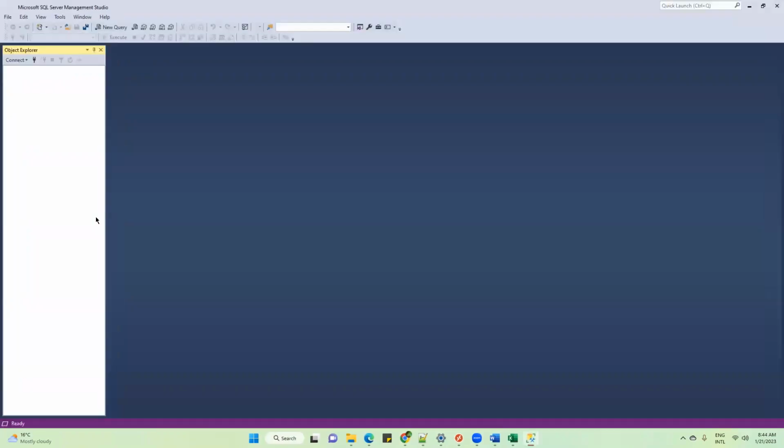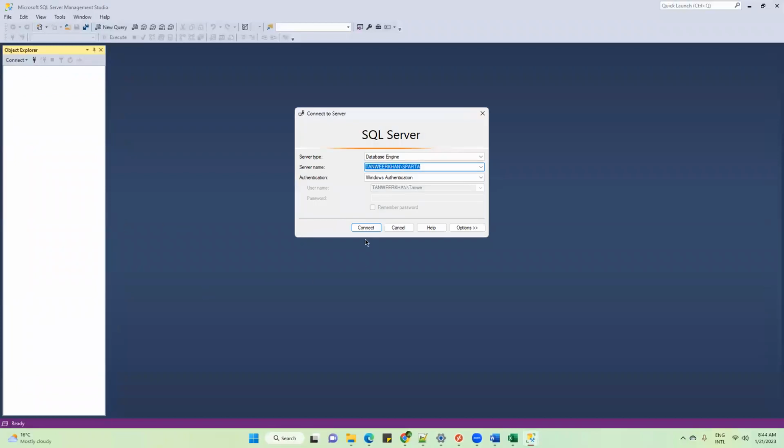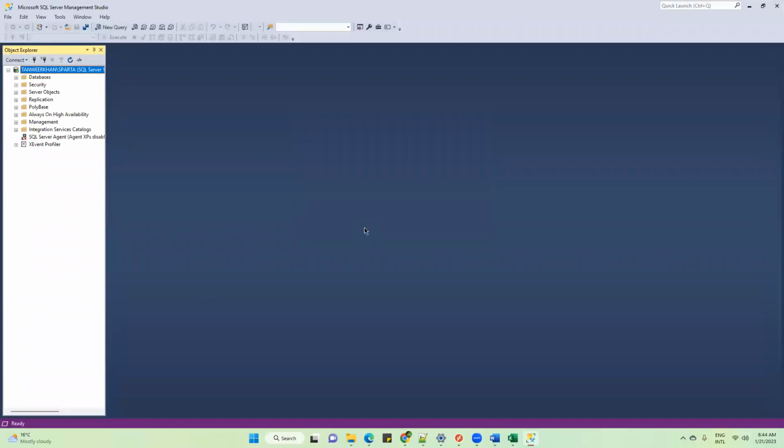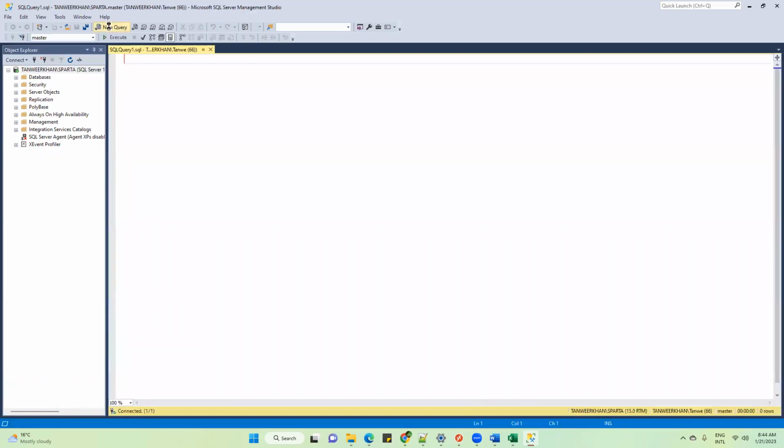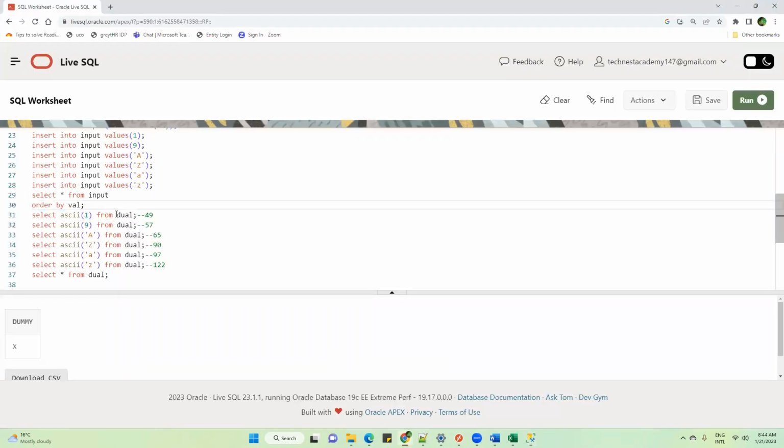So dual means, is it like the concept of a view? No, it is not a view. View is totally different. It is just a dummy table. The Oracle team has given this provision so that you can do some calculations with the help of this table. That's all. What kind of information will it return? Like the ASCII value, and the calculation I have shown you right now.